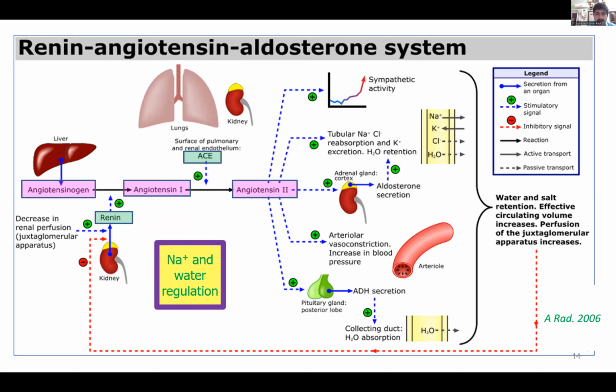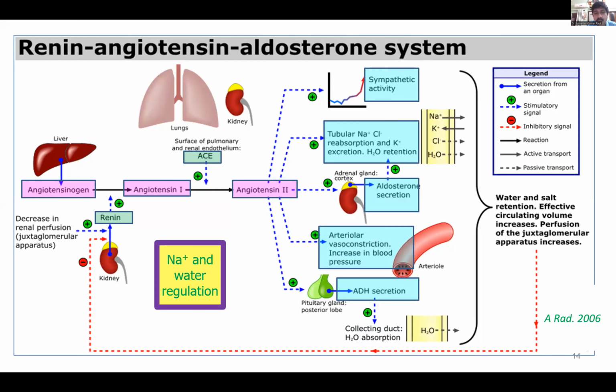famous enzyme which has become even more famous during these COVID times, for all the heroic and adverse events attributed to this ACE. And angiotensin 2 has a direct property to stimulate aldosterone, which causes active sodium and water retention. But it also has an extra direct action on the tubules. It can also increase vasoconstriction, particularly arterial vasoconstriction. It can cause sympathetic tone, and moreover, it can also stimulate the secretion of ADH, which will only cause retention of free water and not sodium. And that is not in the DCT, but in the CD, the collecting duct,